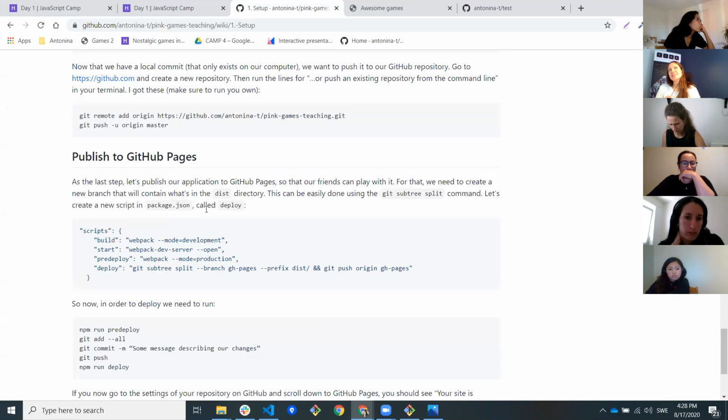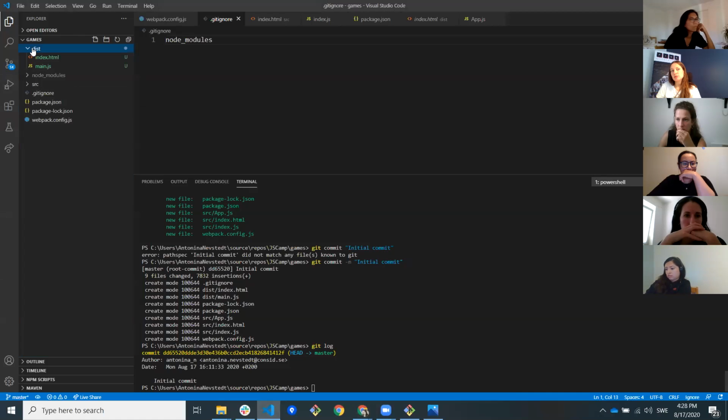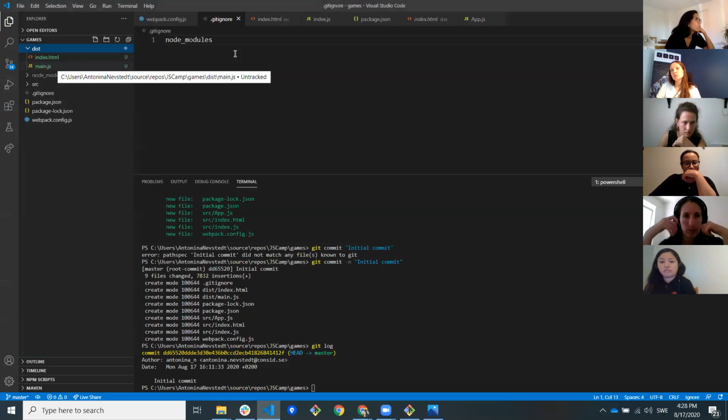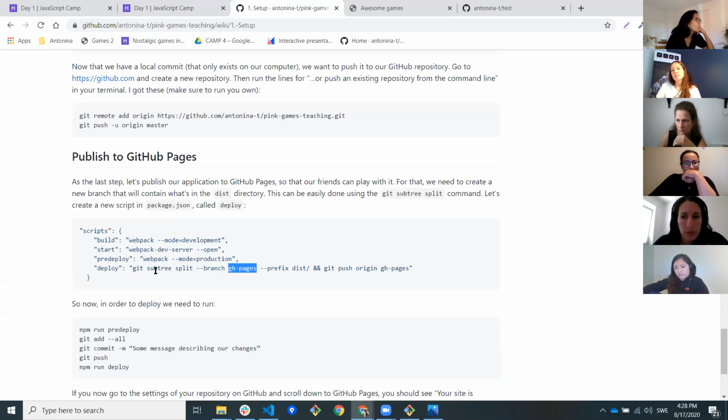In order to do that, we need to have a separate branch in Git called gh-pages. And the contents of that branch should be the contents of your dist folder. So these 2 things are deployed to the GitHub pages branch. And